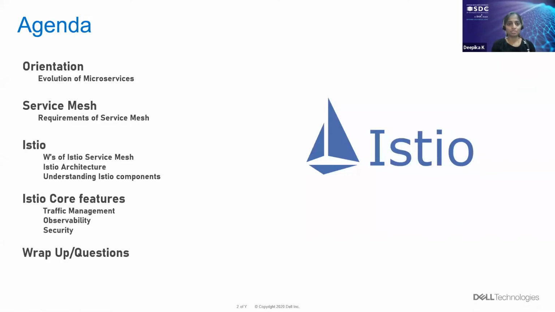We shall first go through the agenda of today's session. First and foremost, we'll start with what is a microservice and how it evolved. So that covers the orientation part. And then we shall jump into the service mesh and get to know what are the requirements of the service mesh. After that, we shall go into the Istio, that is the service mesh, that is today's topic,